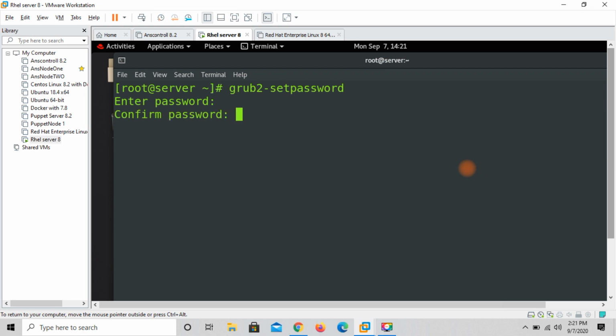Again confirm the password and then enter. Because Linux does not show the password, you can't see it right now. And then reboot your machine, systemctl restart, and press enter.